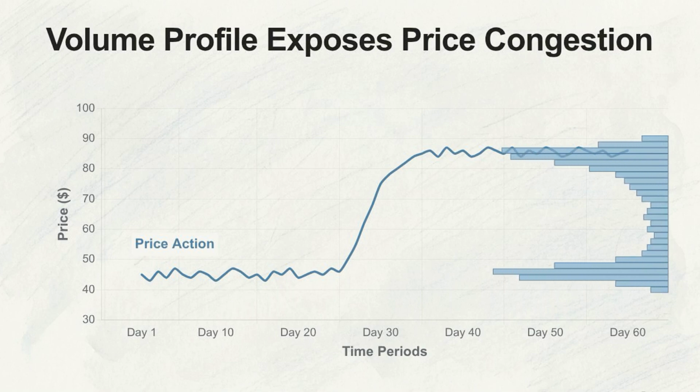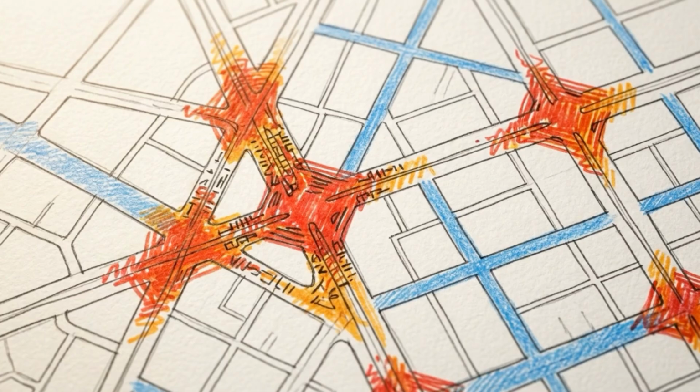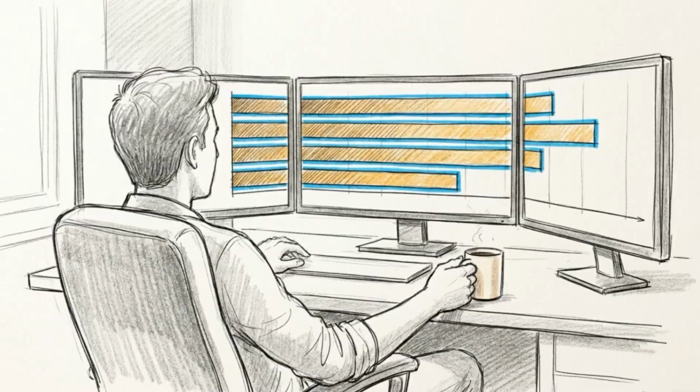Instead of vertical bars at the bottom, this tool draws horizontal bars that grow across the screen. These bars align directly with the price, showing exactly how much trading happened at every level. This creates a heat map of the market. You can see exactly where the crowd is gathered and where the road is clear before you ever place a